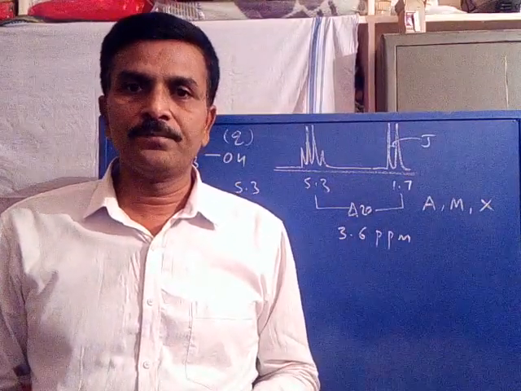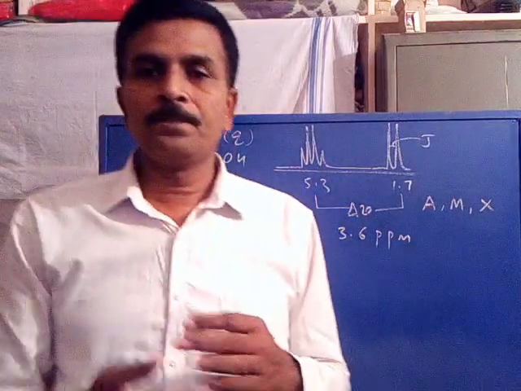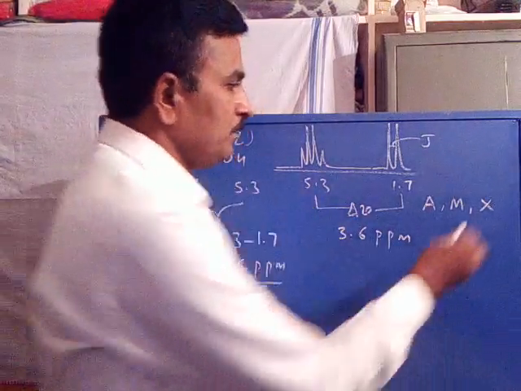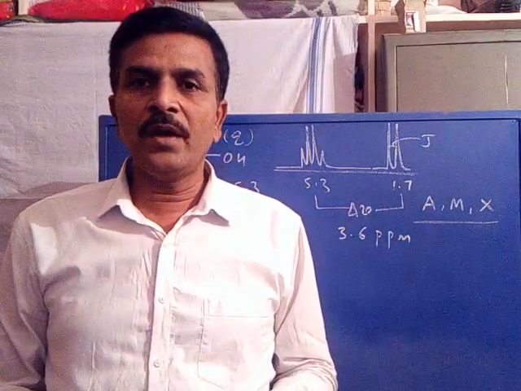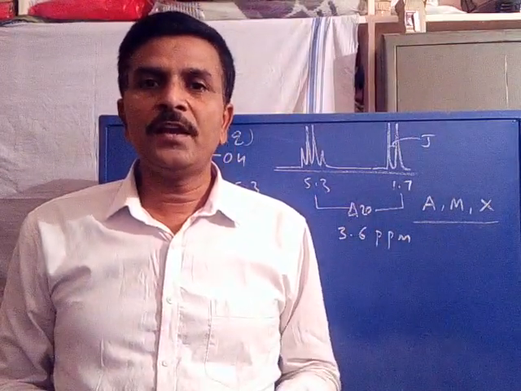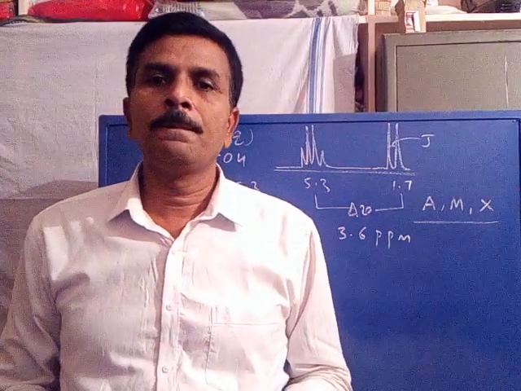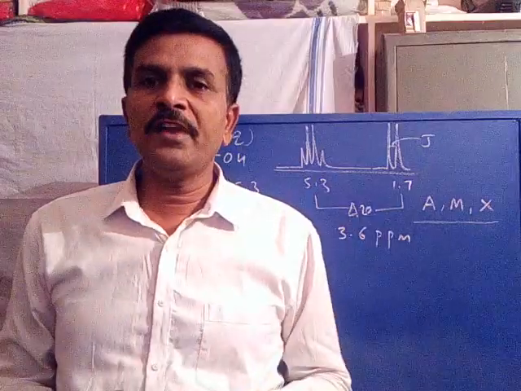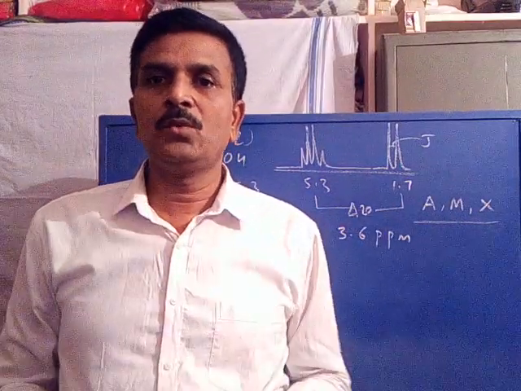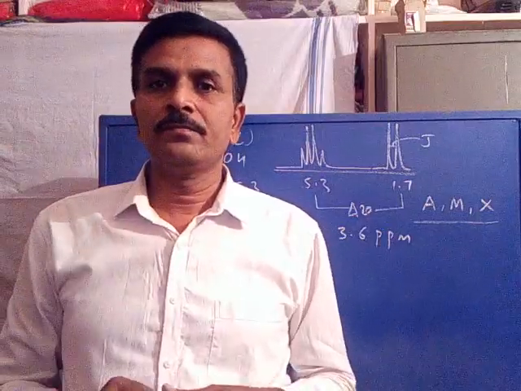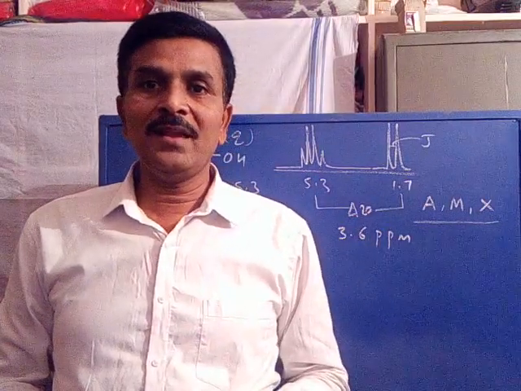Is it clear? Now, this is the first notation. When the frequency difference is too large, we have to use letters AMX to designate every set of coupled protons. Now, if the frequency difference between the coupled protons is too small, or the frequency difference is comparable with their J value,